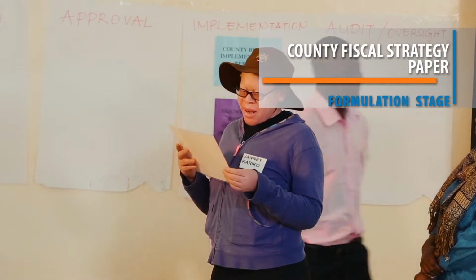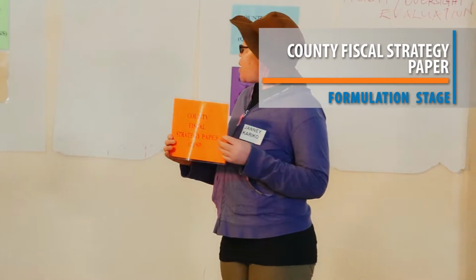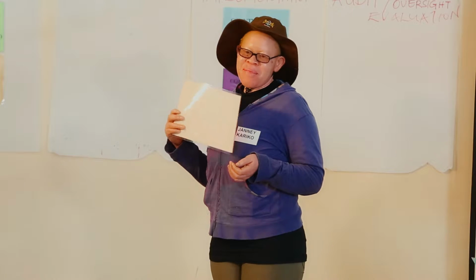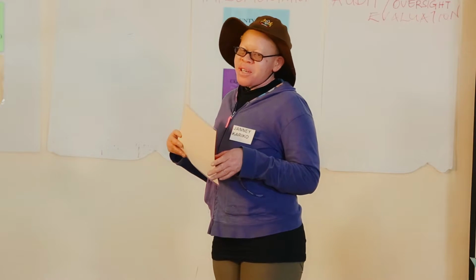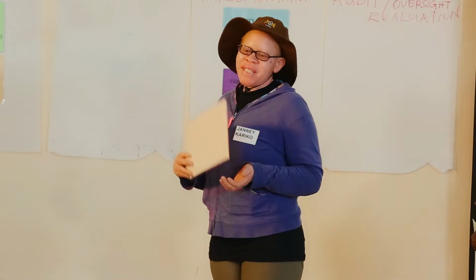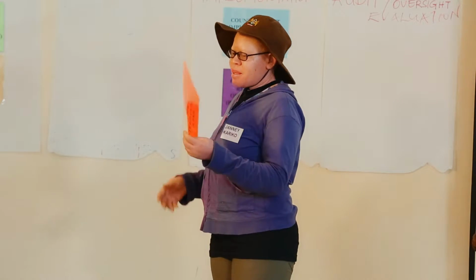We have the County Fiscal Strategy Paper, which comes at the 28th of February. It is found at the formulation stage. Okay. This one has to work hand in hand with the annual budget, looking at the previous revenues and expenditures in that budget, and also it has to work hand in hand with the ceilings set for the next financial year. Great. So that document comes before the estimates in February, but it's also part of the formulation stage. We'll talk in detail about all of these in a moment.